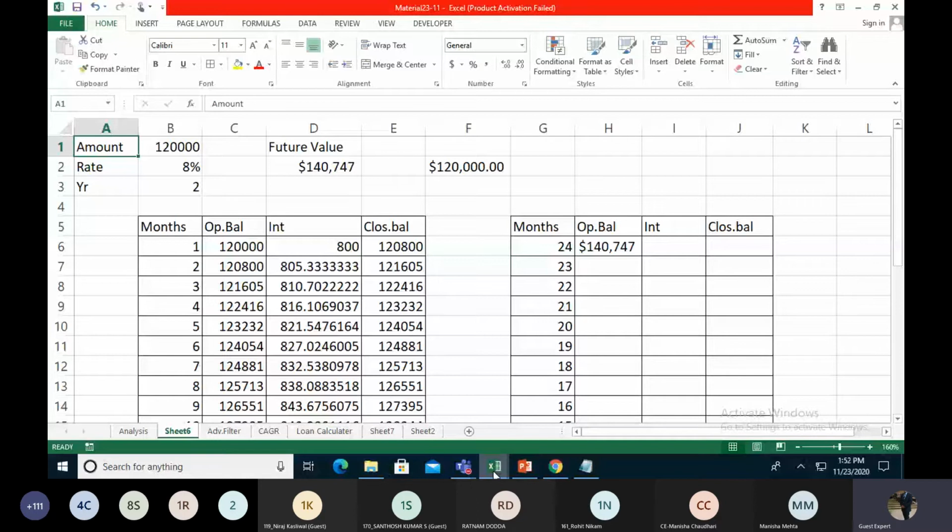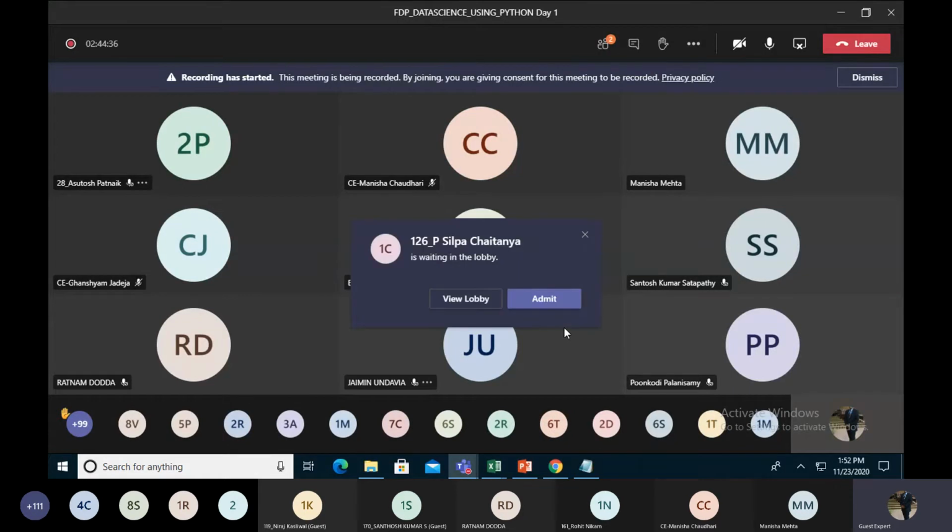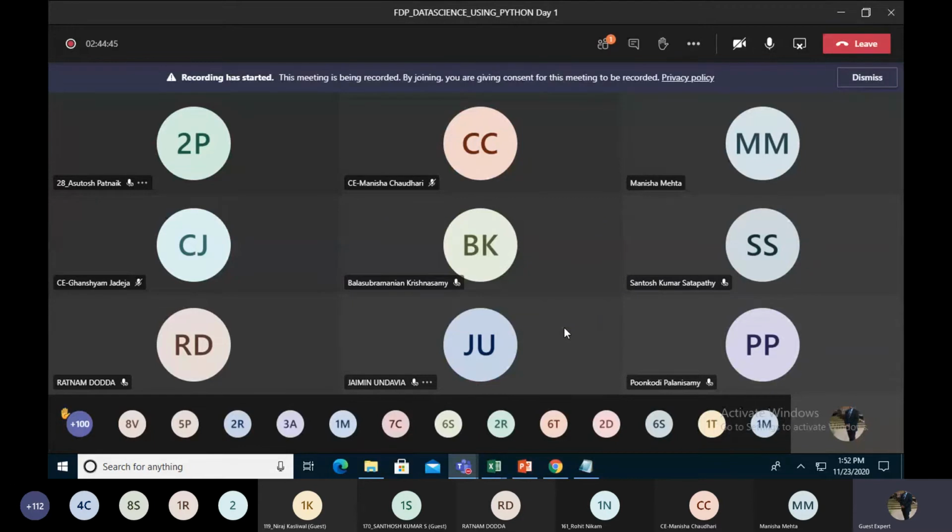So first of all, does anybody have any questions for this? So we are taking, at the end of the day, I hope you have enjoyed these three sections. Manisha ma'am, right now there is the other formula, which is the advanced filter, which we are taking in the second session because it's much bigger than the other session.